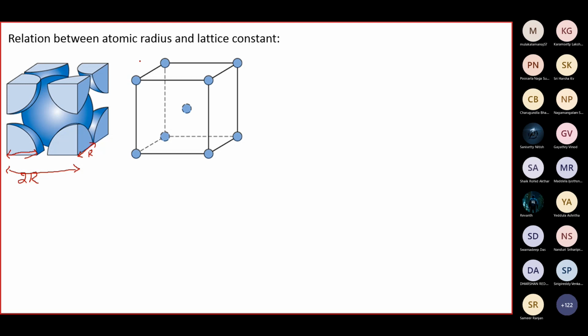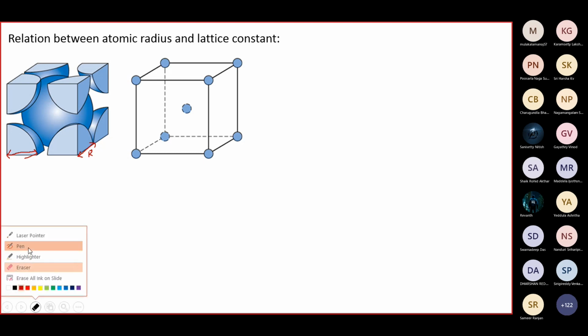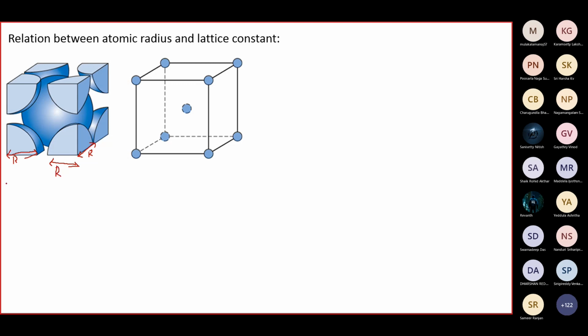Correct. So now, in this case, if we have to find out, is A equal to 2R? Straight away, do we get this? No, we don't get it actually. Cannot use this here, it won't work. This is R, this is R, but total is not equal to 2R.